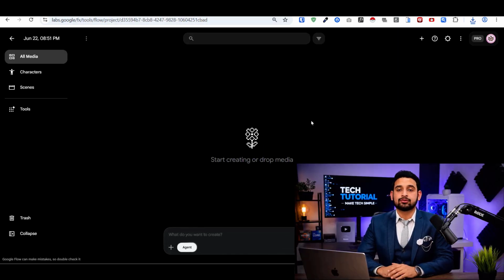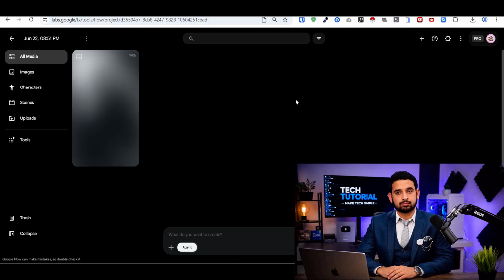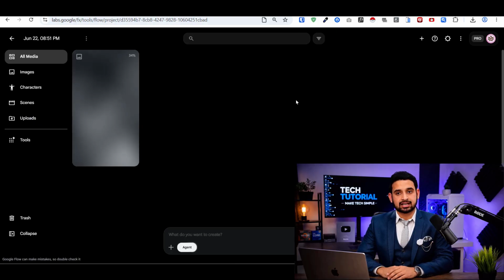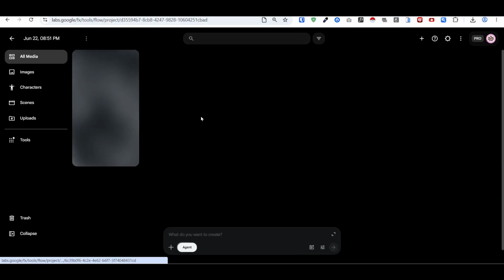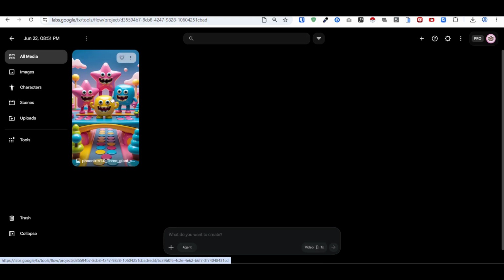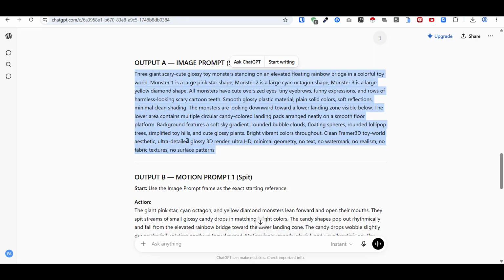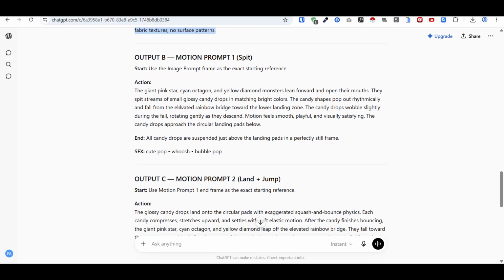Go to Google Flow. If you're using the free plan, Google Flow provides daily credits that allow you to create videos without spending money. Click the upload button and upload the image you downloaded from Leonardo AI. Now return to ChatGPT.